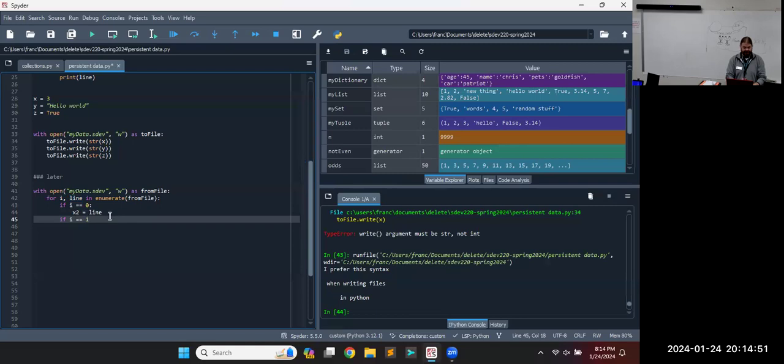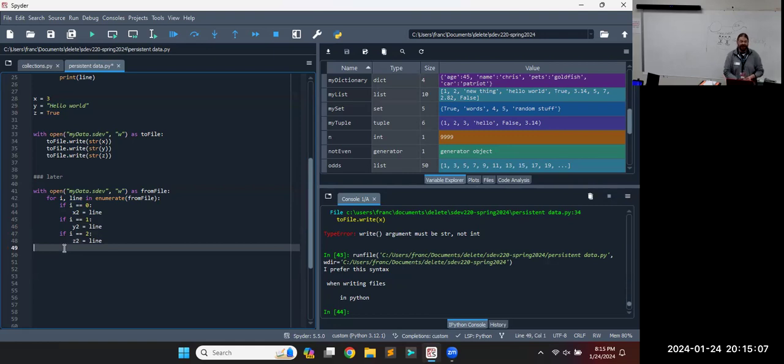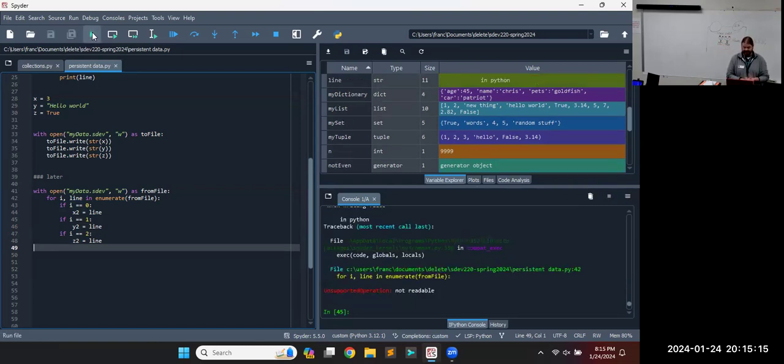If I equals 1, Y2 is line. And if I equals 2, Z2 is assigned whatever's in that line. So see how we keep track of it based off the sequence we put it into the file, the order. So sequential text. That's where the name sequential text file comes from. Oh,